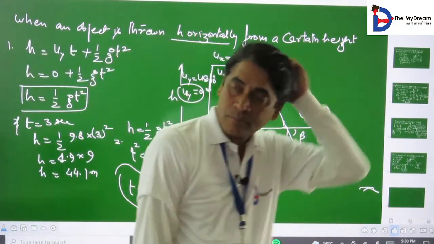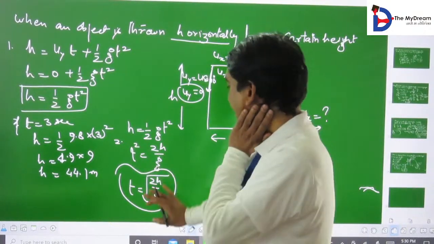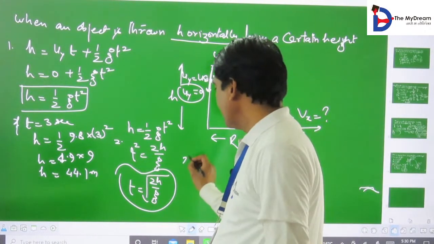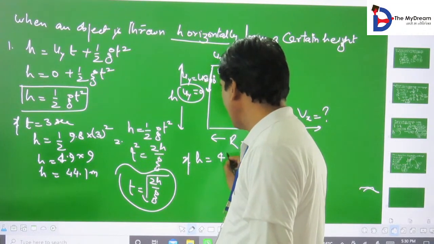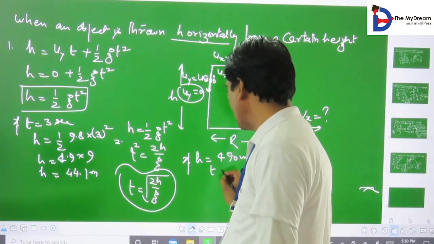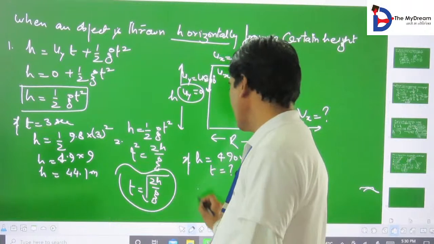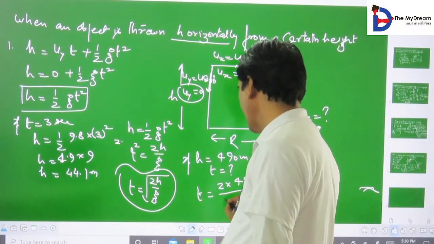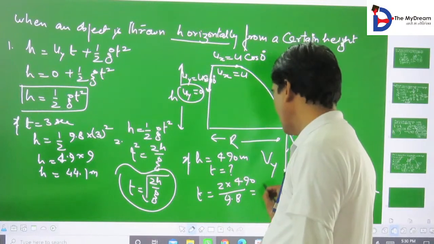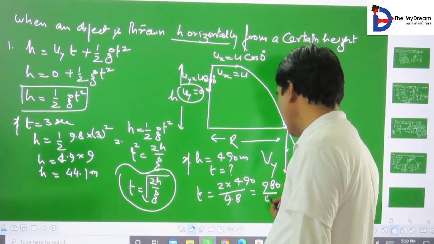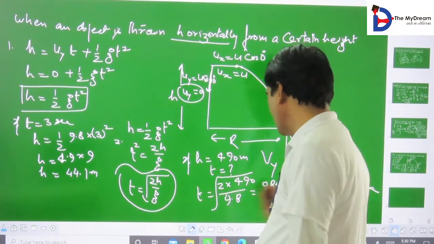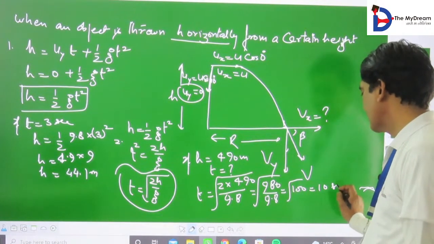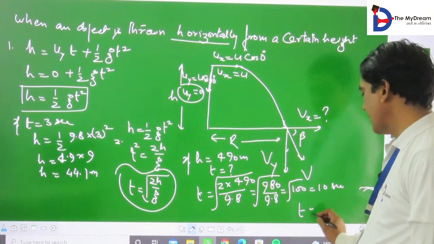Again you can say, when an object is thrown horizontally from a height, तो उसको कितना टाइम लगेगा पहुंचने में। If h is equals to 490 meter and you want to know t, then you can get 2 into h is of 490, ग्रेविटी आपने ले लिया 9.8, इट विल बिकम 980 डिवाइडेड बाय 9.8, देयर इज अ स्क्वायर रूट, so it will become 100 and then you will get 10 seconds. So time कितना आ गया बेटे,